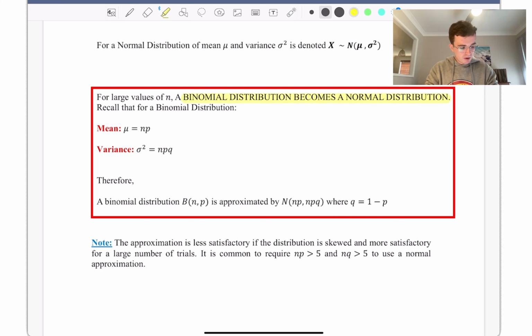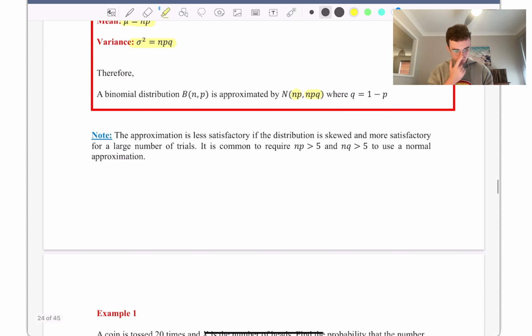So recall that for a binomial distribution, mu is equal to np and variance is npq. So therefore, for a binomial distribution B(n, p) is approximated by the normal distribution N(np, npq). Now the approximation is less satisfactory if the distribution is skewed and more satisfactory for a large number of trials. It's common to require np to be greater than 5 and nq also to be greater than 5